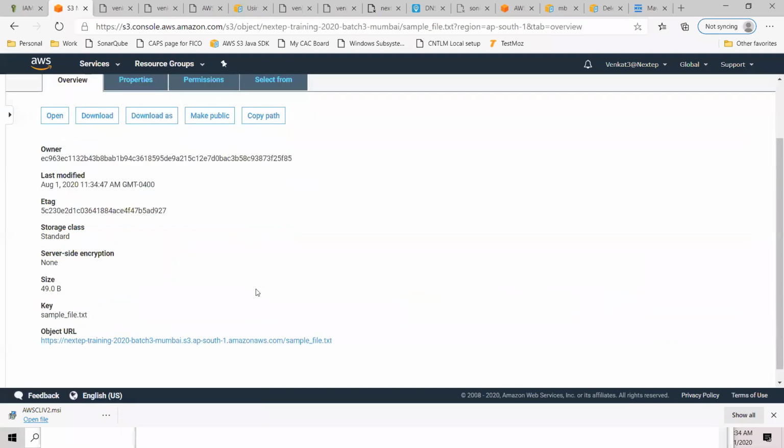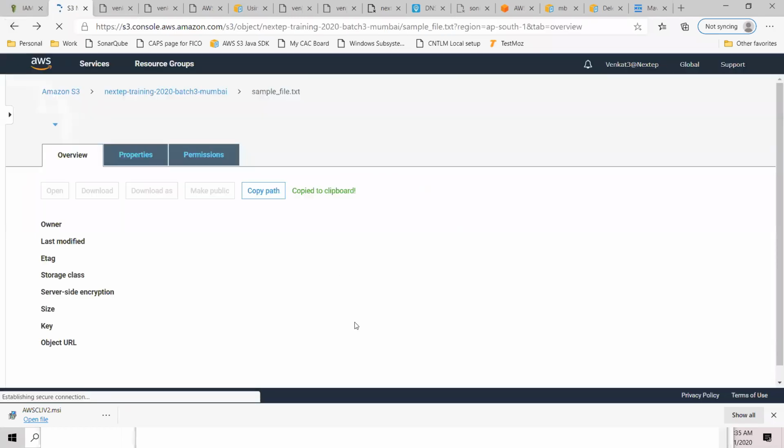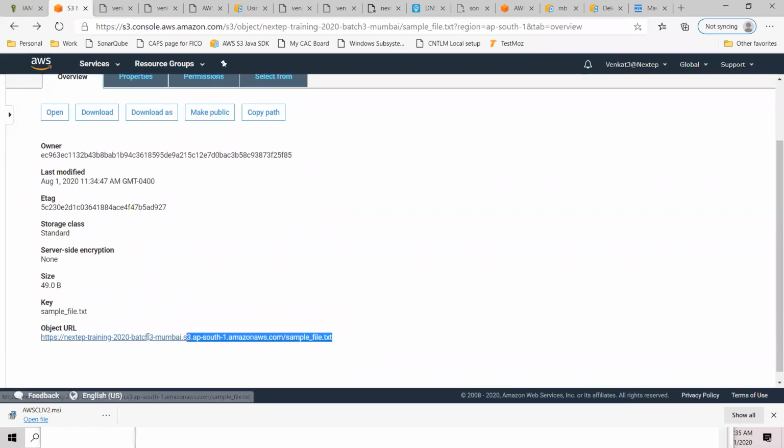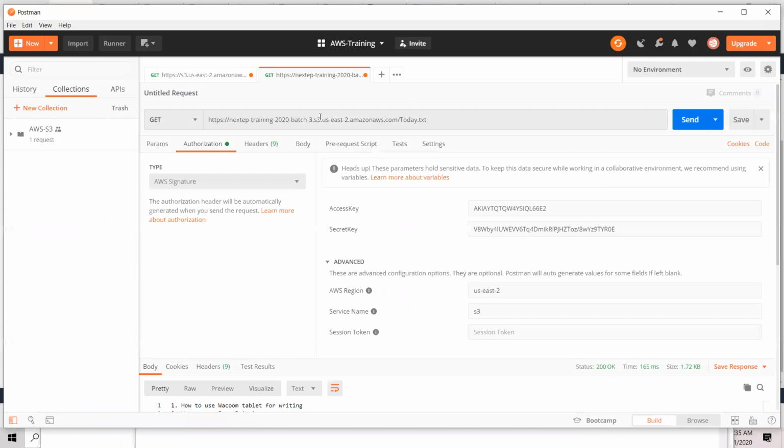I know this is not public. Now I want to retrieve this file, because it's not public, using my Postman. Let's go to Postman.